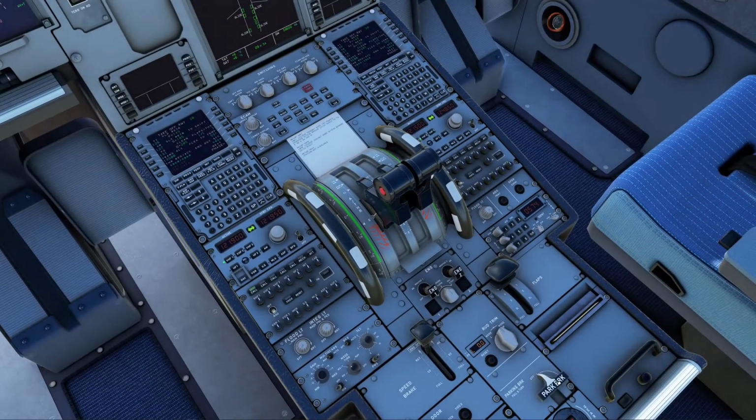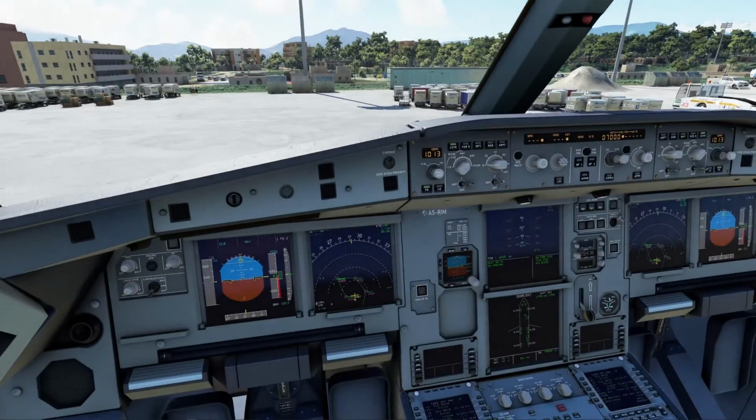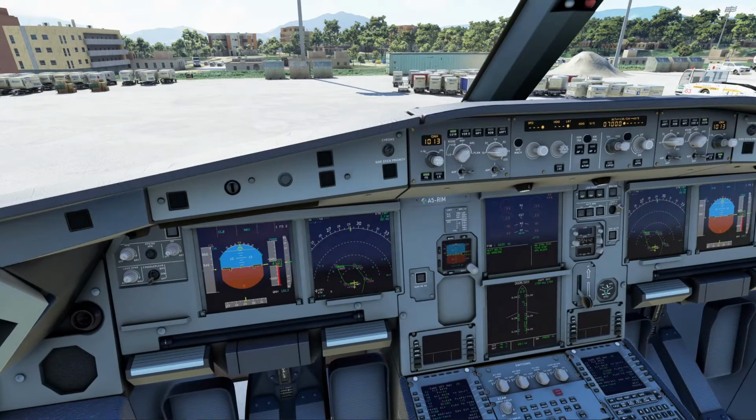And release the parking brake. Checking doors once again, that's good. It's all closed, and so we can reverse now.